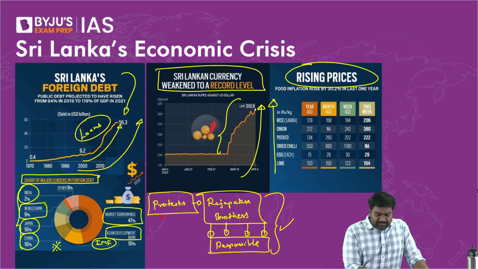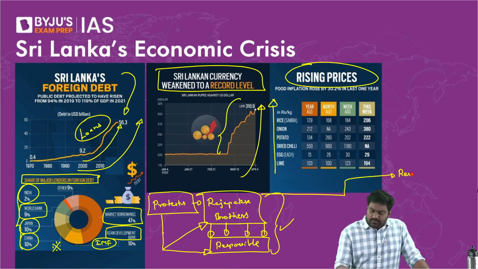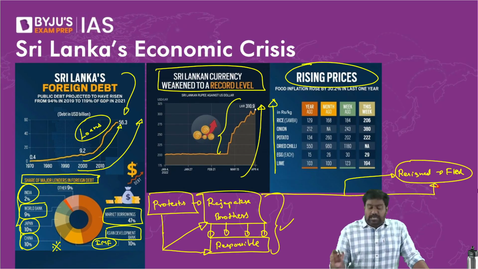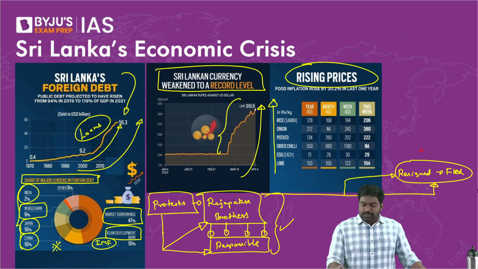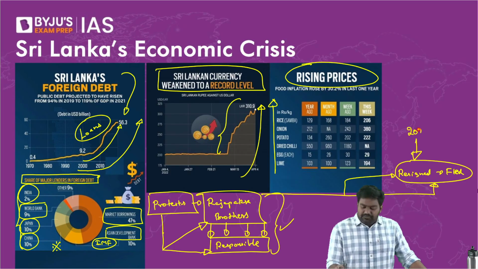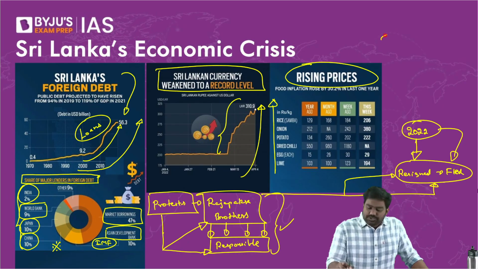So the people who were frustrated rebelled against the Rajapaksa brothers and protested until they stepped down. They resigned and fled the country. The people were looking to target them. Violence was breaking out. So at this critical point in 2022, the Rajapaksa brothers stepped down and ran away from the country to save their lives. Following this, Sri Lanka has been administered by a unity government.